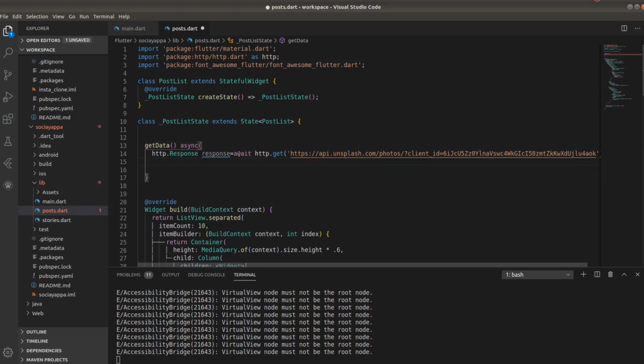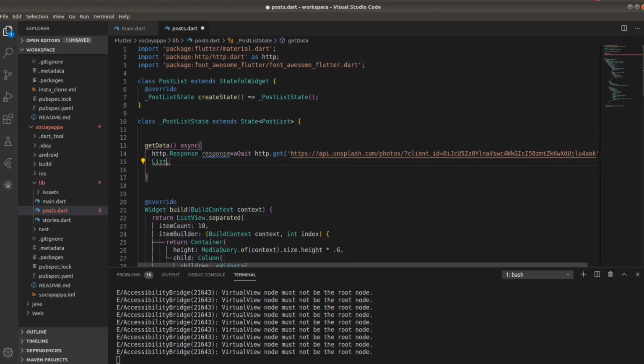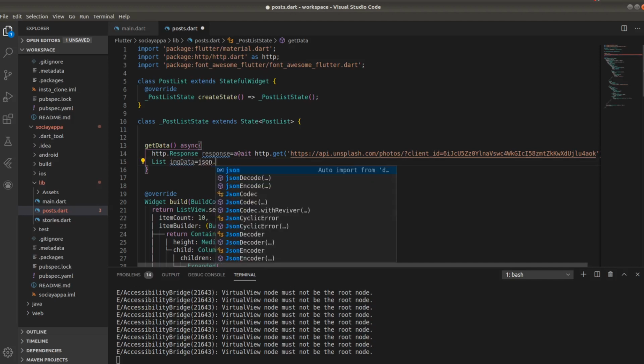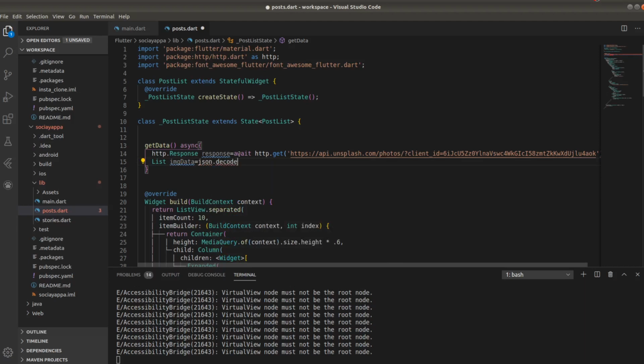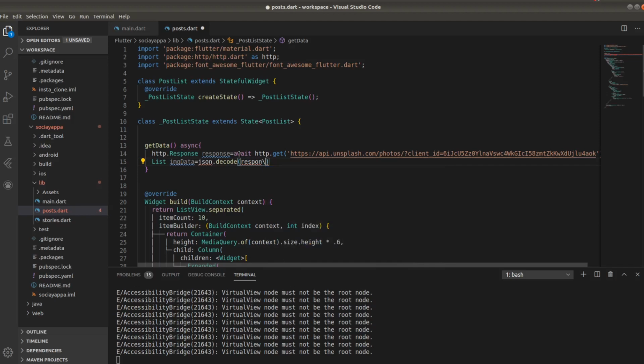Now let's try to print our data. What I'm going to do is first convert it into a list form. For that, what we can do is list, and let's name it as imageData equals to, so we need something called json.decode, and we'll be passing in response